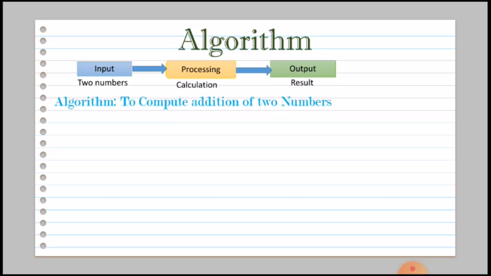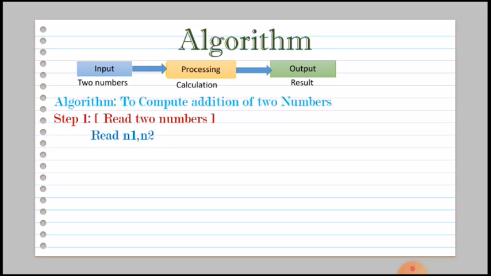In this algorithm, the first step will be that we have to take two numbers as input, that is, we have to read two numbers. This line is optional, that is, [read two numbers]. You can write this line in the algorithm or you can skip this line. Suppose n1 is the first number and n2 is the second number, then the statement to read these two numbers will be read n1, n2.